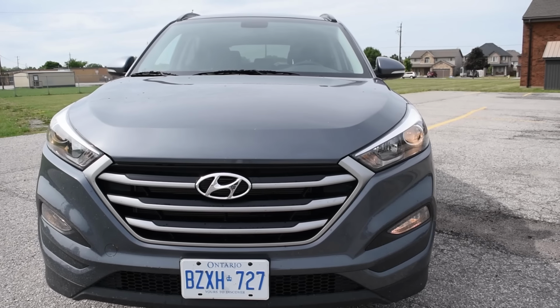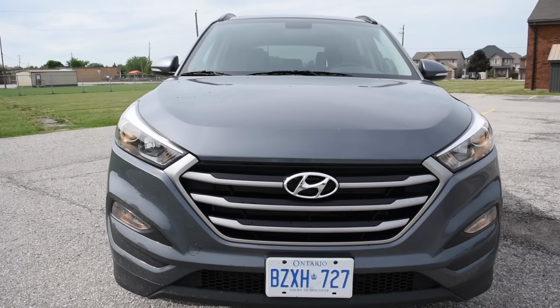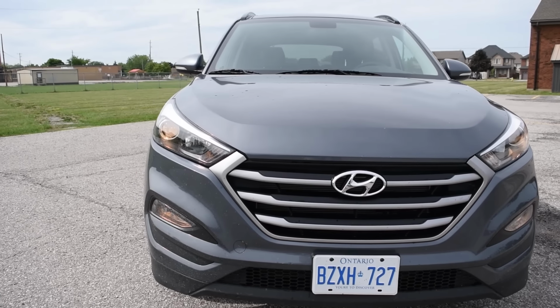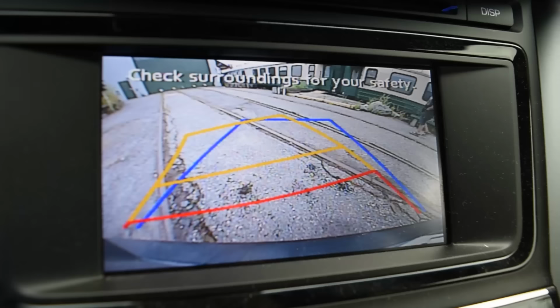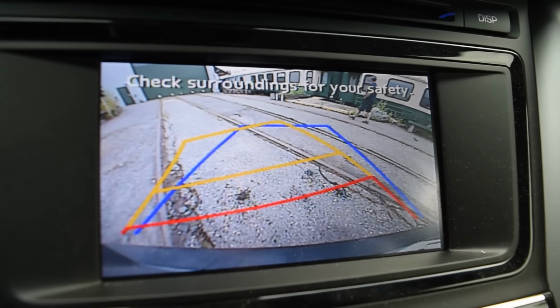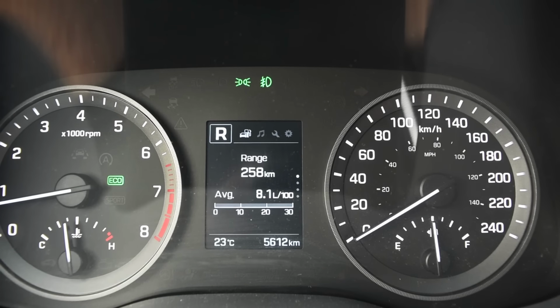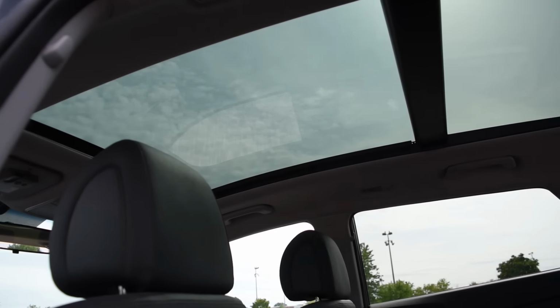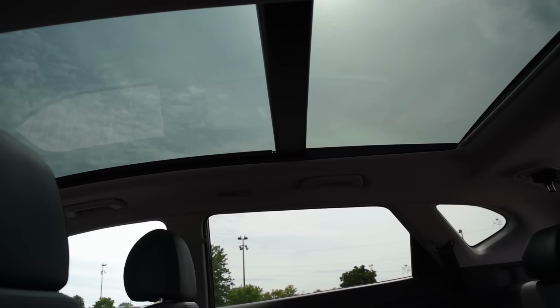Now you can get a 2.0 front-wheel drive, and it's the same idea. The premium version of this has all-wheel drive instead of front-wheel. You have blind spot monitoring. You've got the cross traffic alert system when you're backing up. You've got a panoramic sunroof, heated steering wheel, heated front seats, heated rear seats, leatherette for the front and the